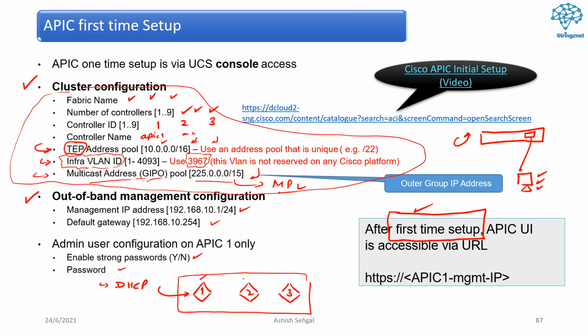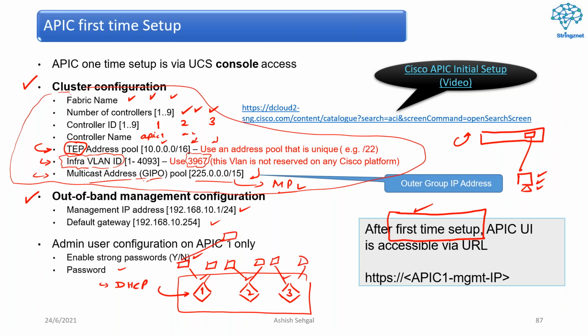Same configuration you need to do in your other controllers, right? Plug them up. But my dear friends, these three controllers are not immediately going to form a single family that is called cluster. Cluster formation of these controllers is dependent on what? The fabric provisioning. That means they holistically need to make sure that all the leaf switches they are connected to,